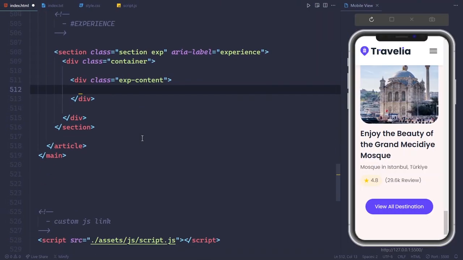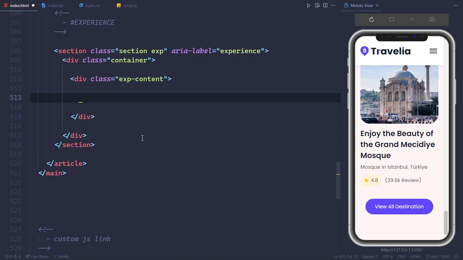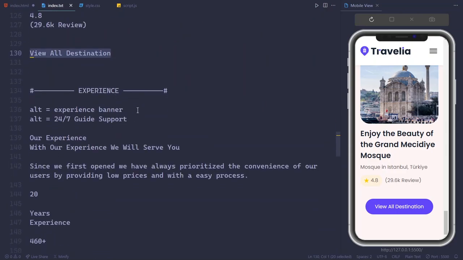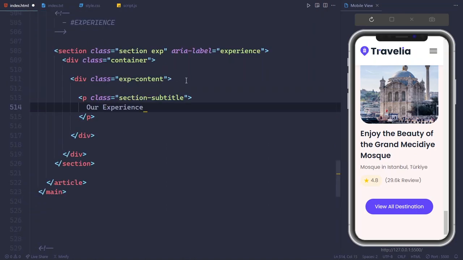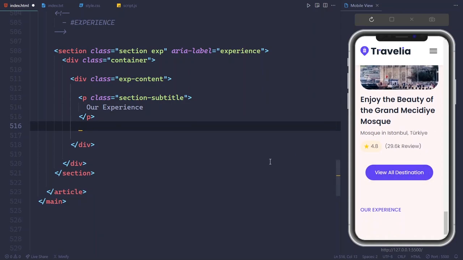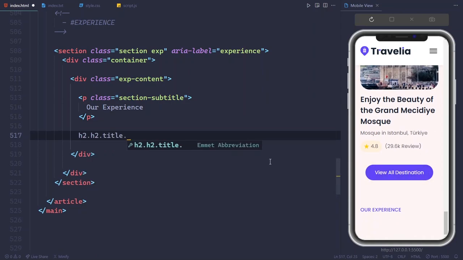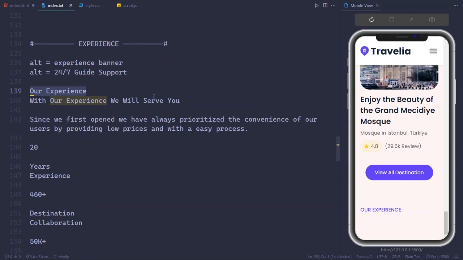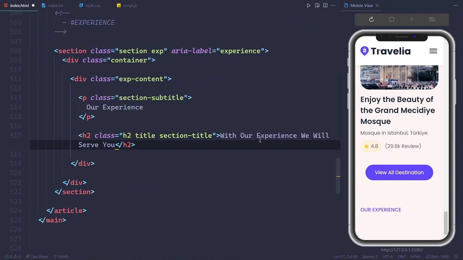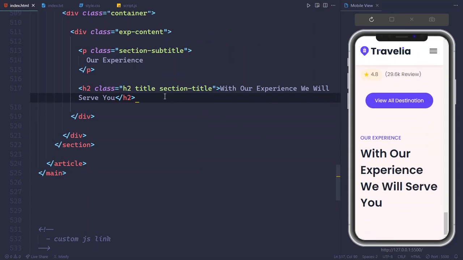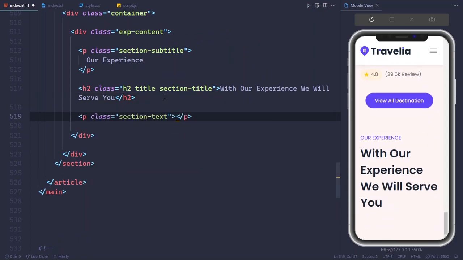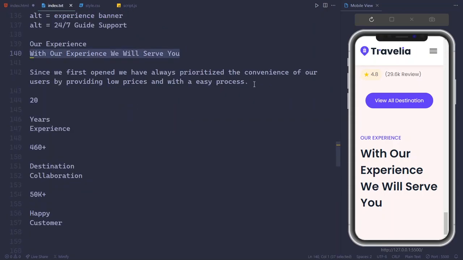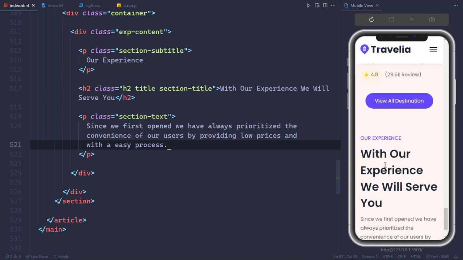So let's do this. Inside the exp content, let's write p.section subtitle and copy the text, paste it here, and then h2.h2.title.section title, and here will be the title, and then p.section text. Let's put in here the text, and then